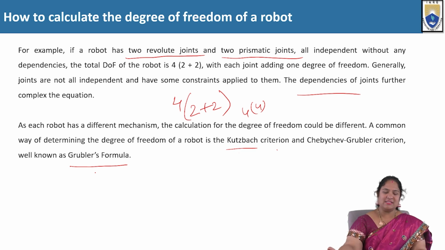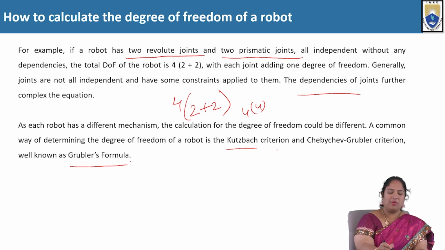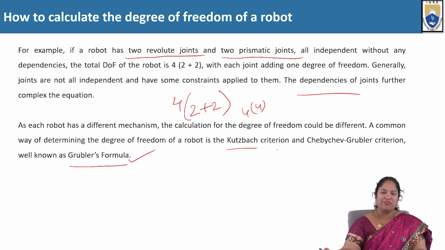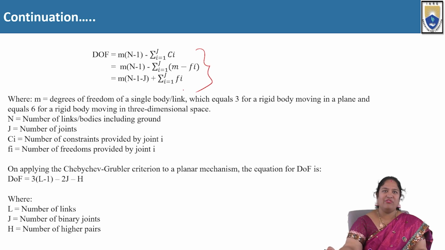Now, since each and every robot will not have the same mechanism, the degree of freedom calculation also will be different depending upon the mechanism. But in order to have a standard formulation to calculate the degree of freedom, Grubler's formula has been introduced, and based upon that we will be calculating the degrees of freedom. So this is the formula to calculate the degree of freedom, where degree of freedom is equal to m into (n minus 1) minus